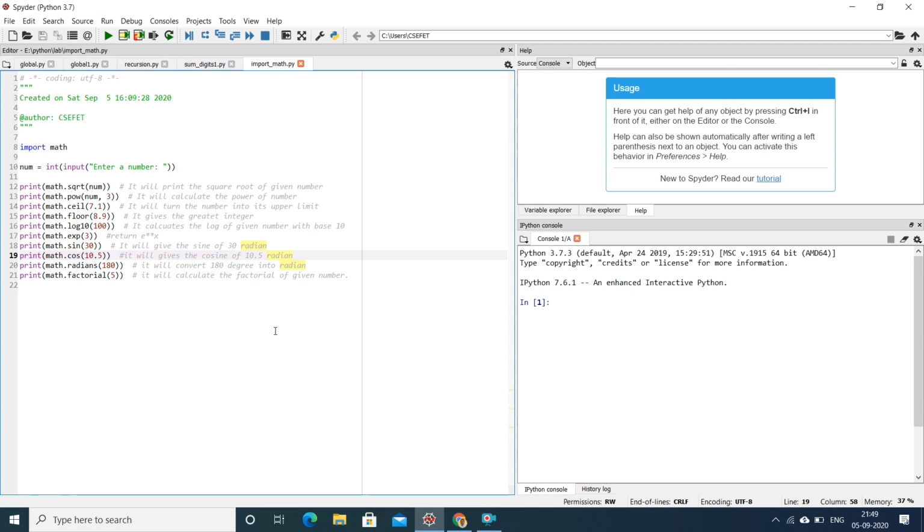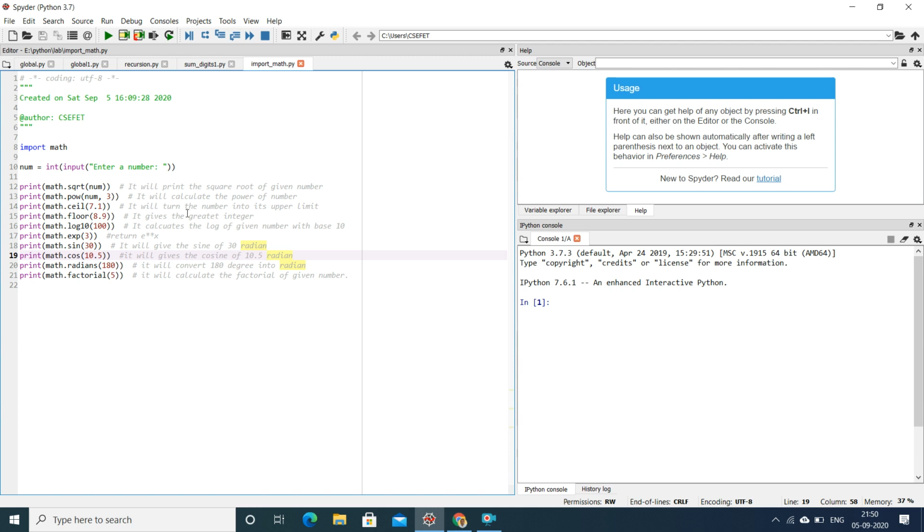And this is one of the features of Python which has made Python such a demanding language, because it has so many libraries, so many inbuilt functions which we can use in our program. So today we will see one of the classes, that is the math class, a math library, and how we can use different functions which are given in this math class. There are various functions. We will be seeing some of them today.